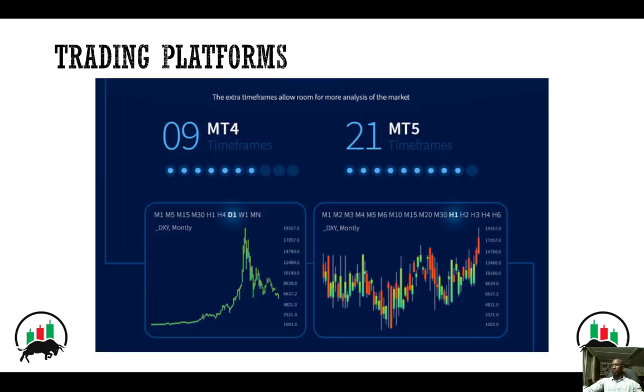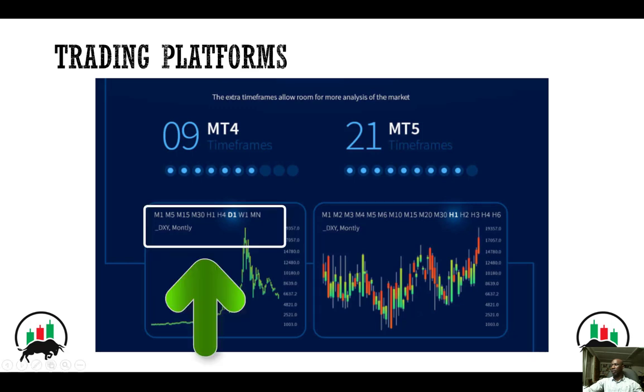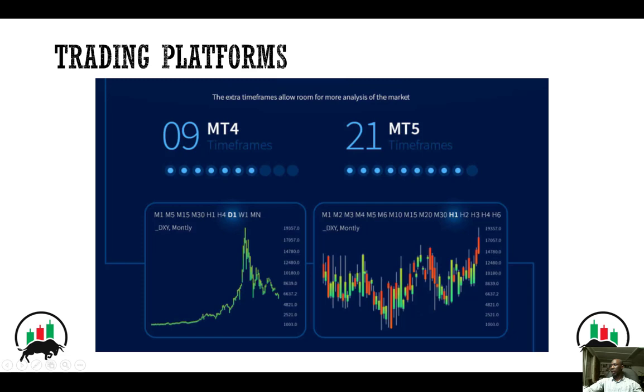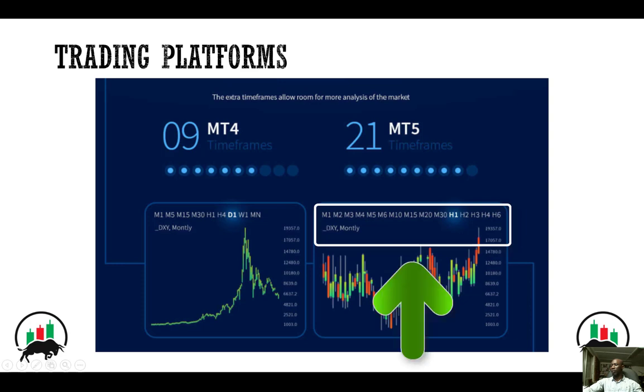Some of the difference between MT4 and MT5 is the time frames. So MT4, you are limited to 9 time frames, and with MT5 you have 21 different time frames. So here are the time frames: M1, M5, all the way to month. And as you can see, they start with 1 to 5, but here you have 2, 3, 4 before you get to 5. So you have more time frames in between, and we will take a look at it when we go to